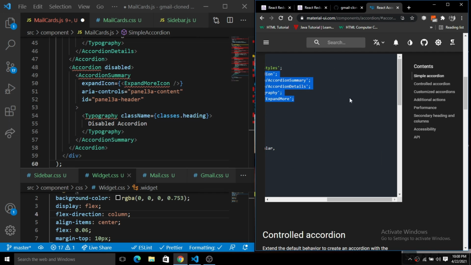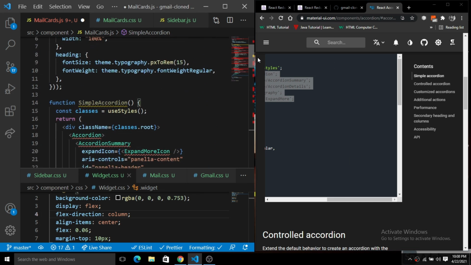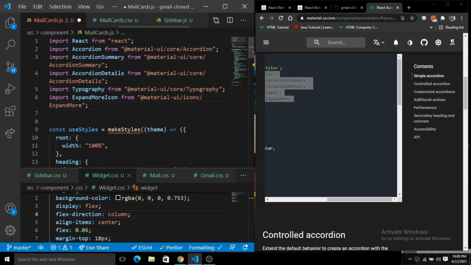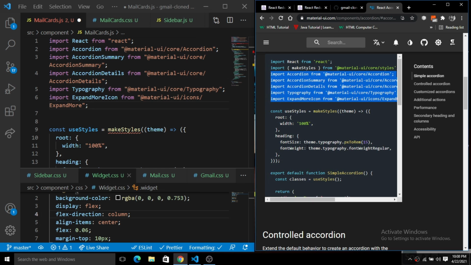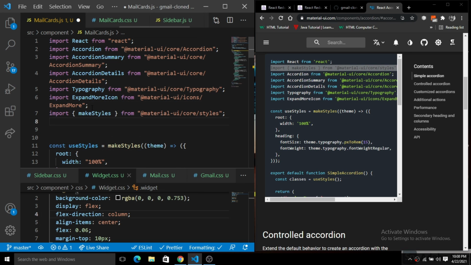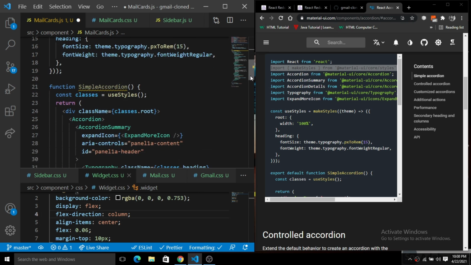Just copy the import statements for everything we are using here. Okay, we are done with these things. One more thing, make a style: simply copy this and paste it for the makeStyles also. So we have just integrated the accordion here.